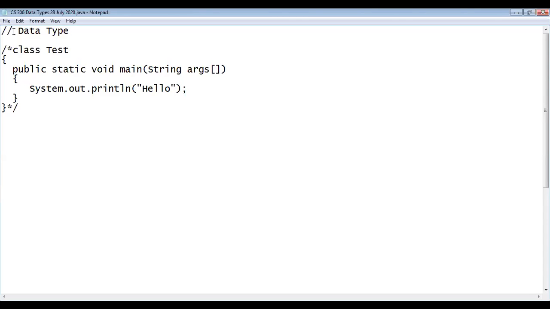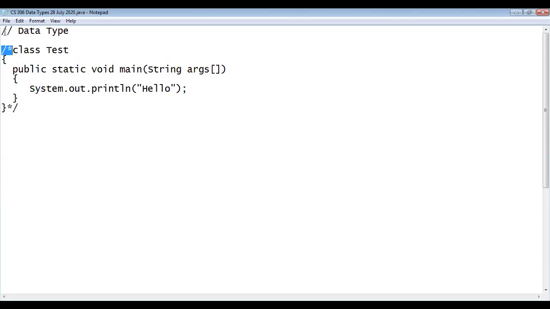If the compiler sees these two lines, then everything after that on the line is not compiled. This is the single line comment, and this is your multi-line comment.